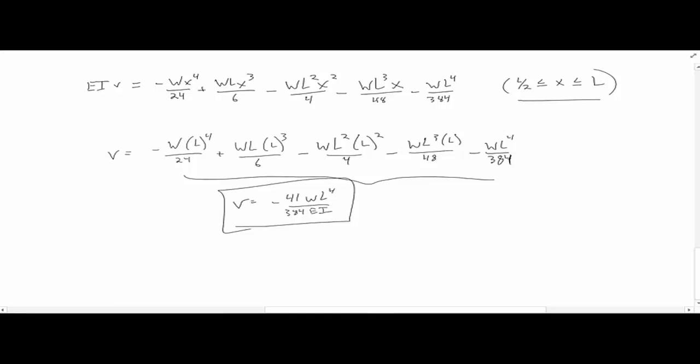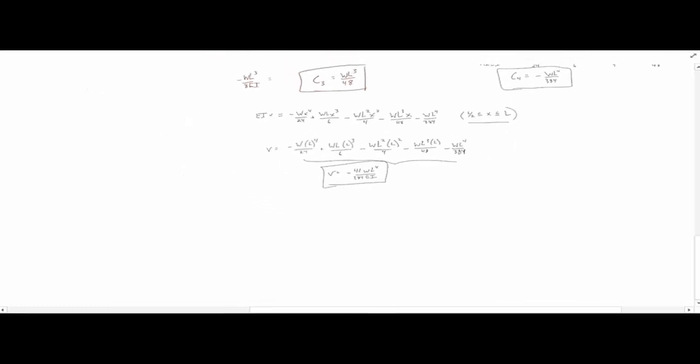So then we're going to do the same thing, but for slope. So what was our slope equation at the free end? Which was this equation here, our slope equation, right? We already determined what C sub 3 was. So let's go ahead and solve for that. Then we can say, doing the same process that we did for our deflection at the free end,